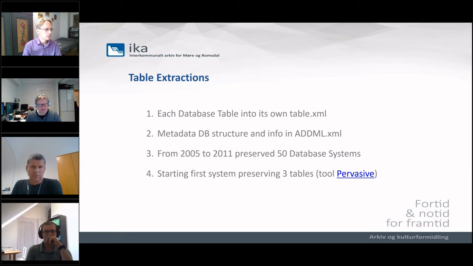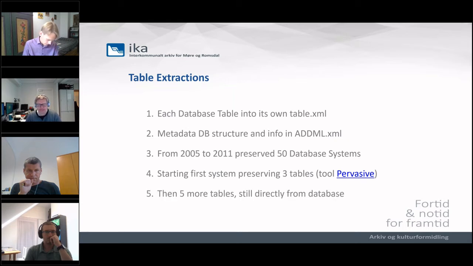It's the main topic table, and the subfolder of what we call, I don't know the English name of it, the journal post. You know, the main case and all the different types. Or the third table could be information on documents, main documents and secondary documents, and also meetings for the municipalities. And 6 months later, we found, okay, there are 5 more tables that need to be preserved. So we added 5 more tables, going to 8, and this gradually ended up,